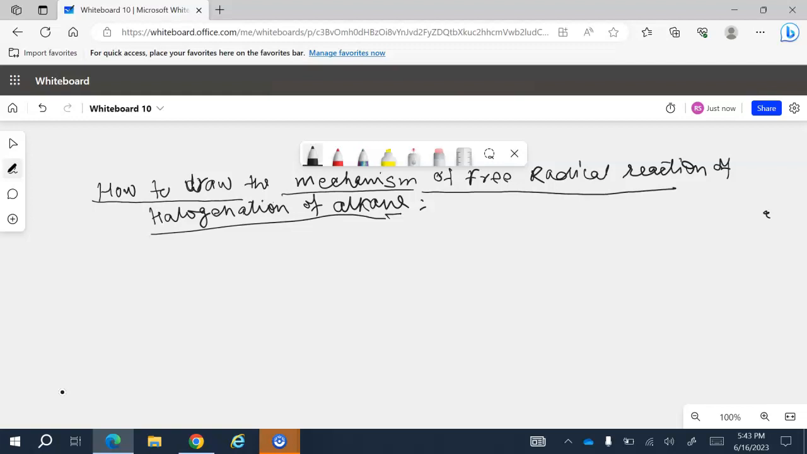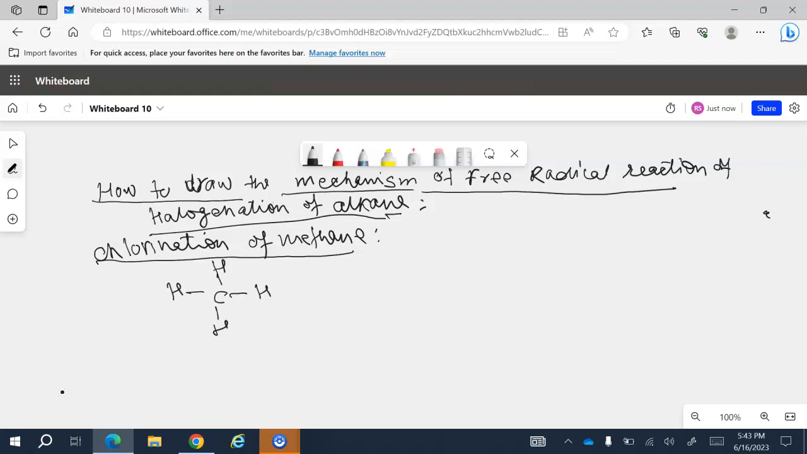Now to discuss this, let us pick a simple example, say, chlorination. Chlorine is an example of a halogen. Chlorination of methane is the simplest example in this category. Here, methane reacts with chlorine in the presence of sunlight, which is represented by h nu, to replace a hydrogen of the methane by chlorine, resulting in the formation of